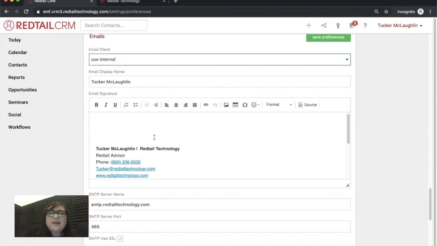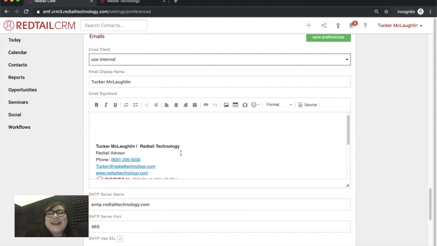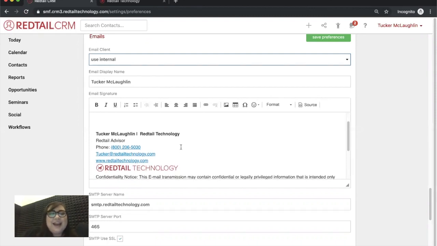Below this is that email signature. So if you don't want to have to put in a signature every single time you send it out, goodness, you don't have to. You can put that information in here. Now, if you see, there's kind of like these hyperlinks, and there's actually an image in here. So if you have your name or your company logo that you want to put in, you do have that option,